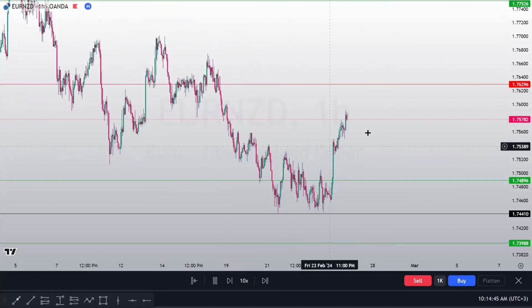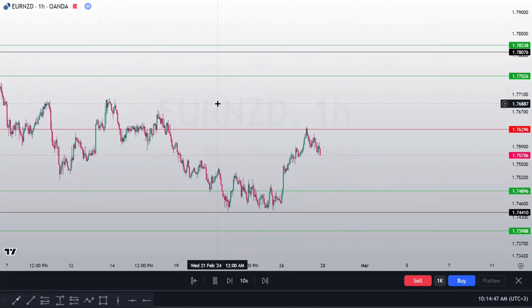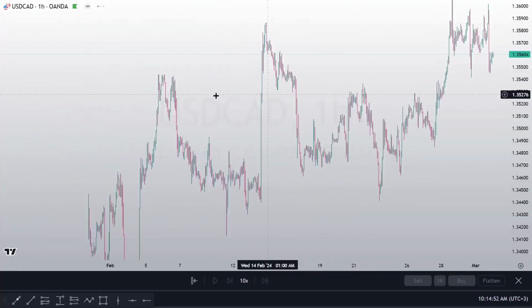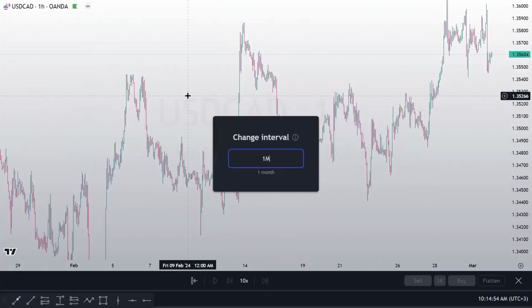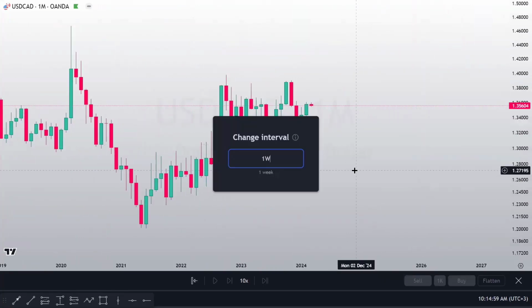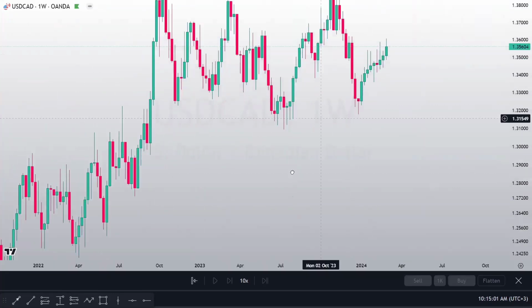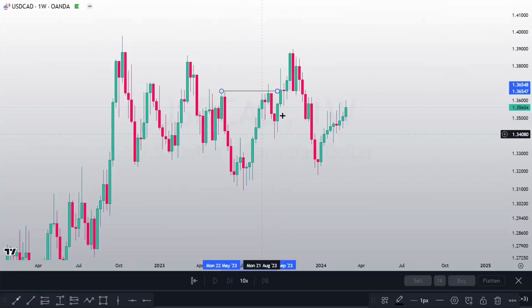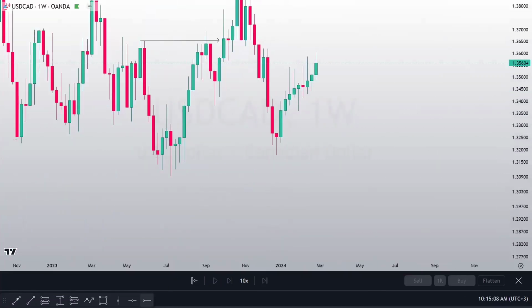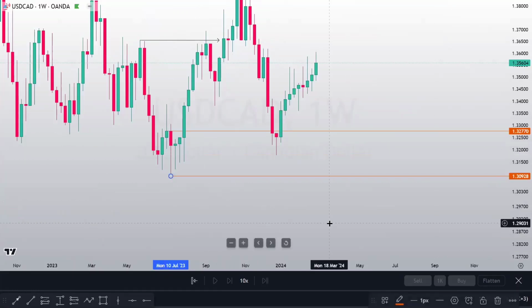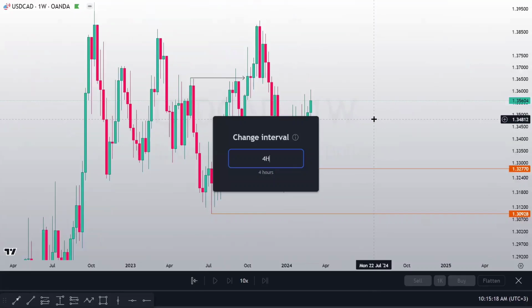Also considering another pair, just try to look at it. We are having the USD CAD. Clearly, if you are observing on the weekly time frame, we were having this shift on this area. We were having this formation, but also another formation inside this area, which was supposed to be this one. So marking this weekly formation, considering the second agglomeration, if you go to the 4 hours time frame,